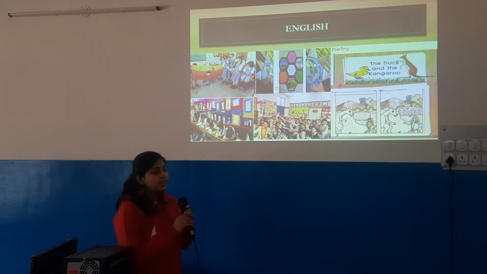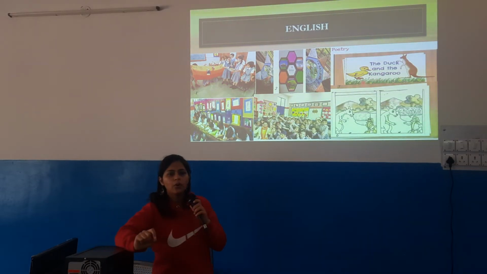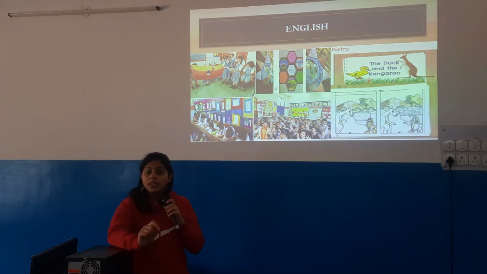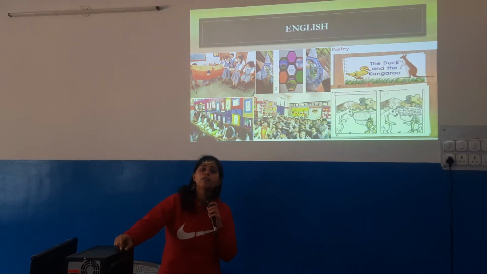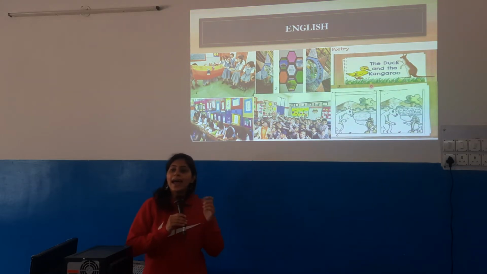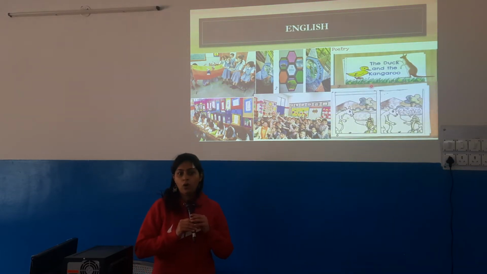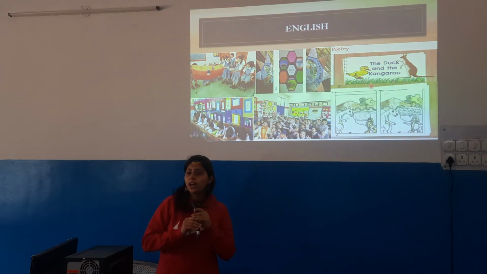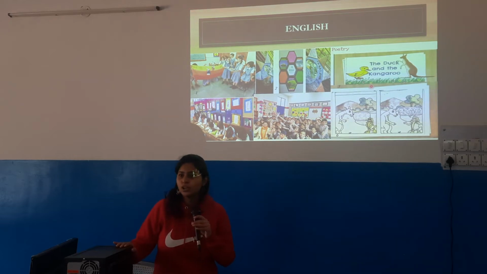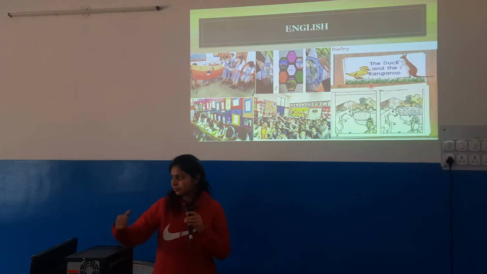Third, this is another interesting picture. Why? Because there was a story in the Standard 2 book. The story's name is The Duck and the Kangaroo. Here, the children themselves, with the help of their parents, I must include this, in their annual day, portrayed the entire story in a poetic form on the stage. And it was beautifully done with a backdrop and everything presented by the students and with the help of the parents. So it was very interesting for me while I was searching for ideas regarding it.